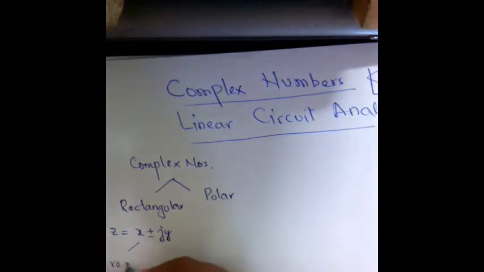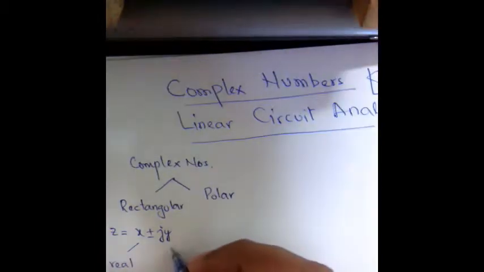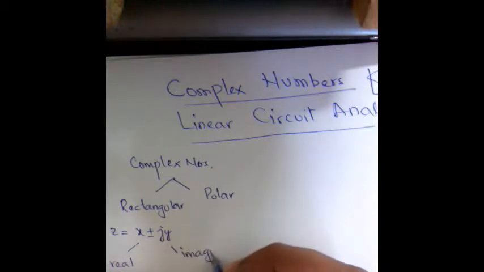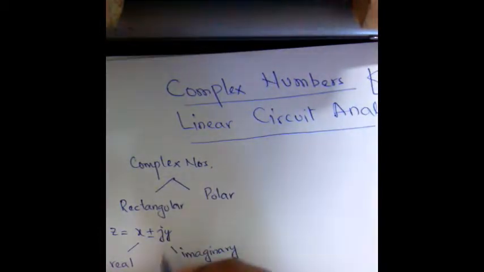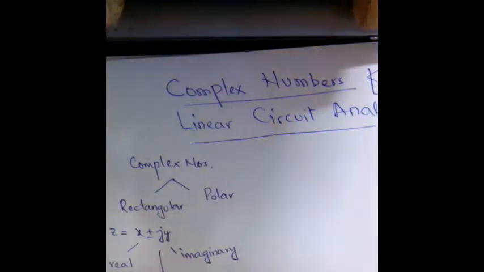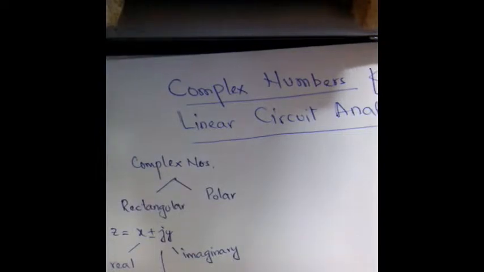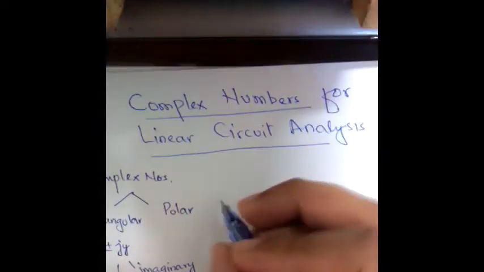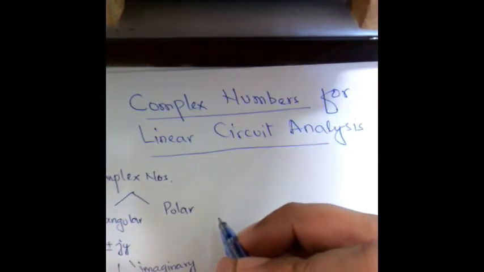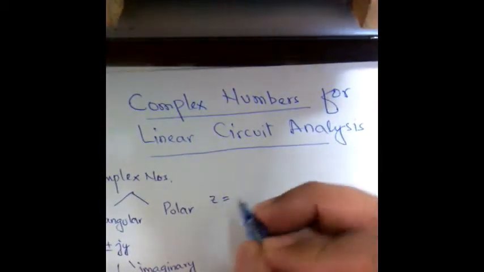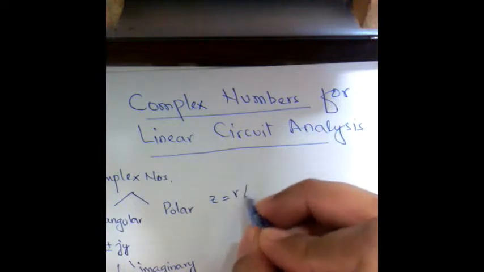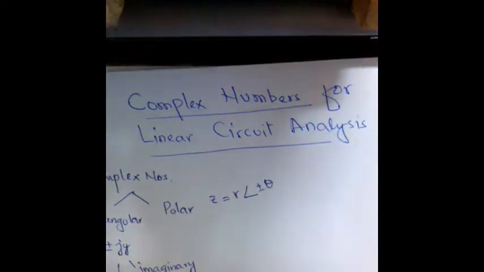where x is the real part, y is the imaginary part, and j is also called iota. This is the square root of -1. In linear circuit analysis, we use j instead of i because we use i to represent AC currents. Whereas the polar form can be represented as C is equal to R at an angle of plus minus theta,